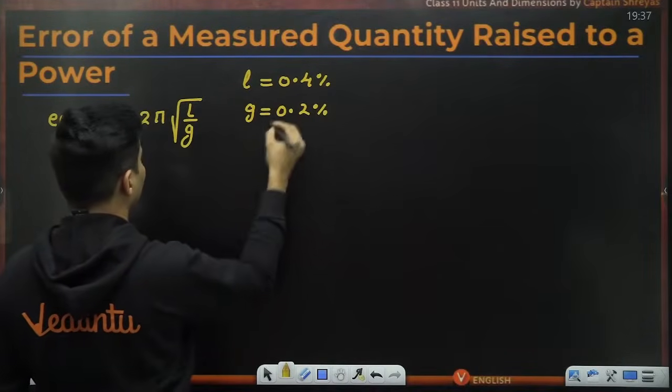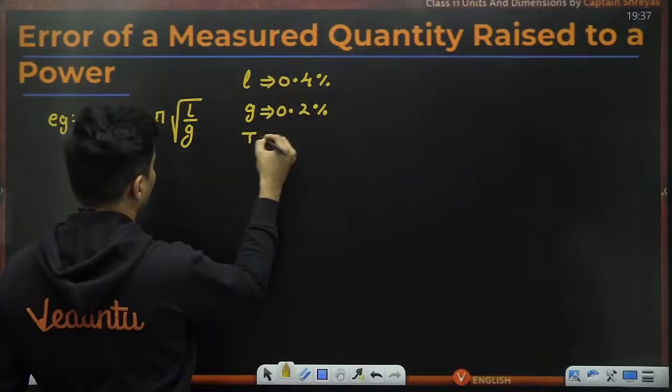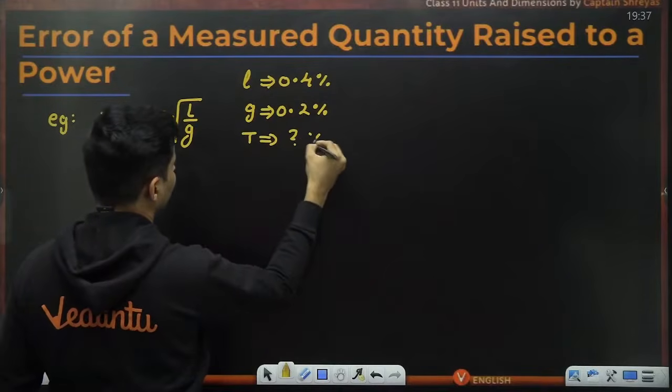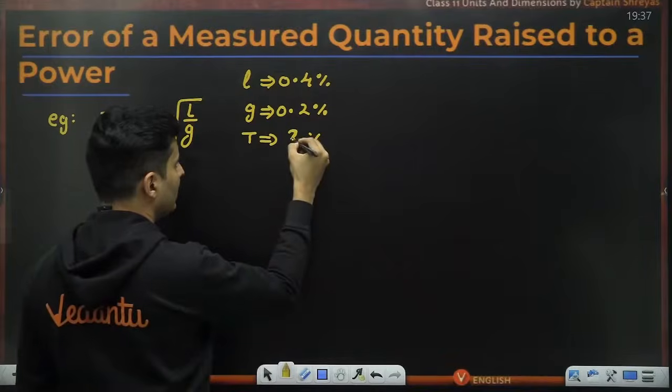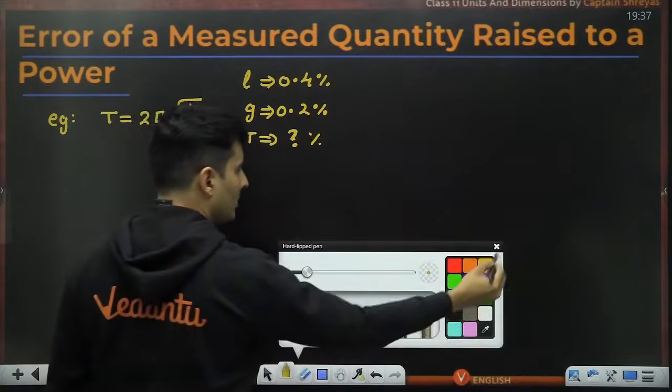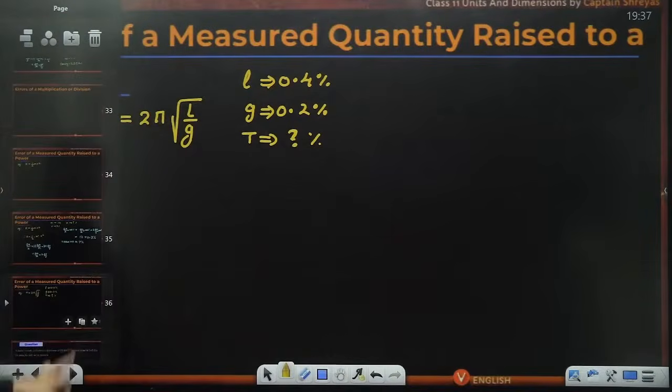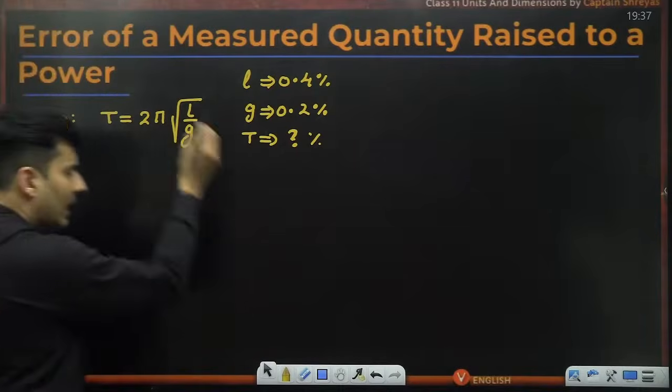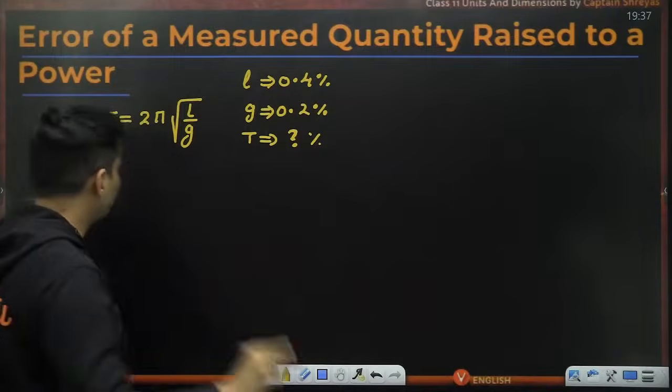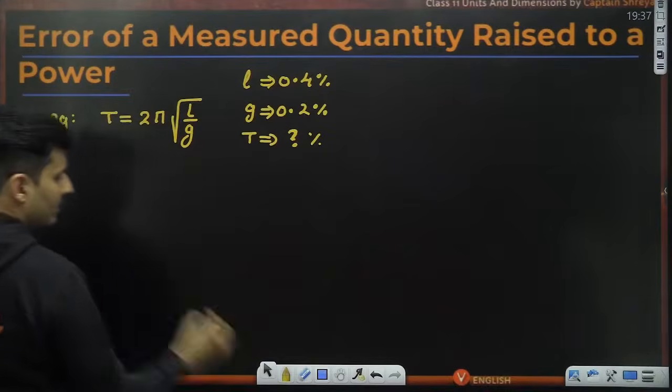Can you find the time period, how much error percentage it has? How much percentage error it has? Let's try to do this question, my dear students. This has got something to do with the roots. Again, try to express this in power form. So this I can write it as